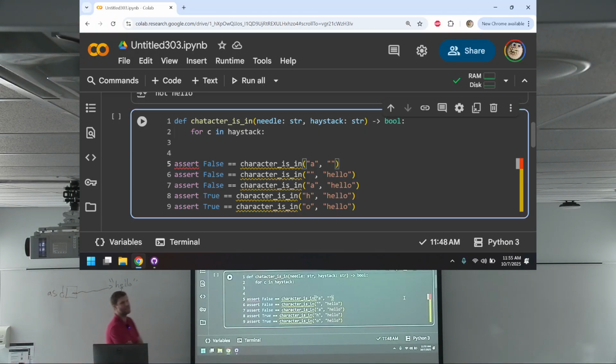Okay, let's take a moment. Everyone look up here again. So let's think about how we would do this as a human. I've gotten this far, right? I've defined the signature of the function, great. Now, for each character in haystack, for each thing in the collection of things,